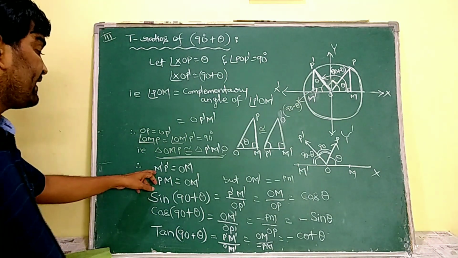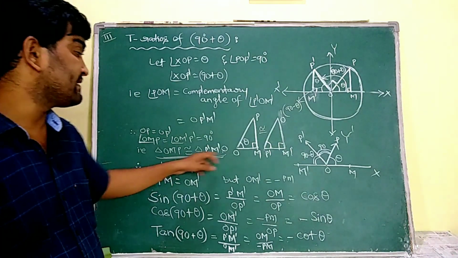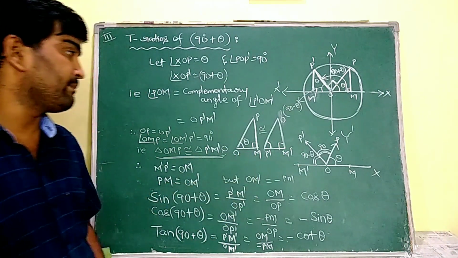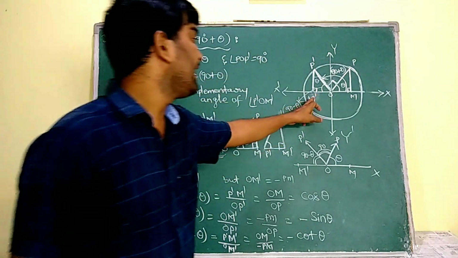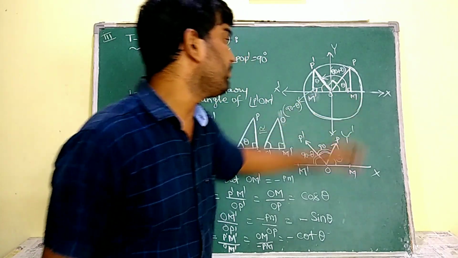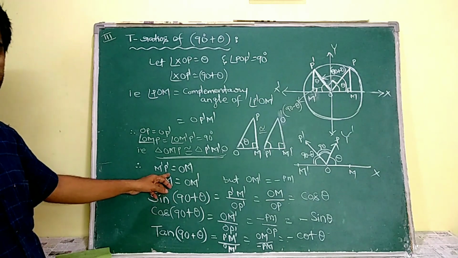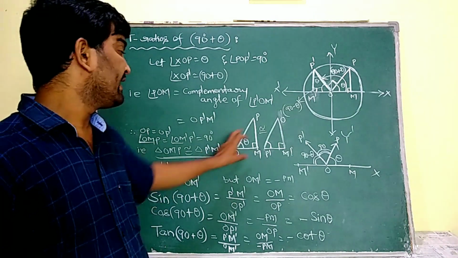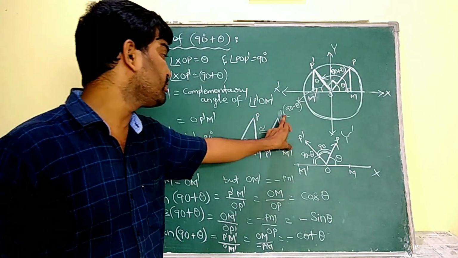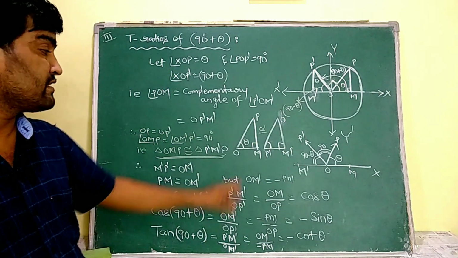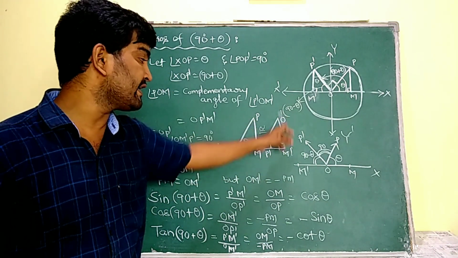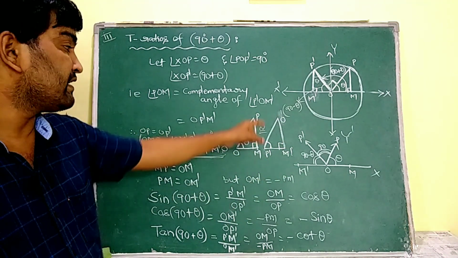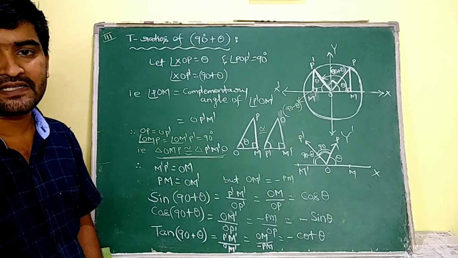Similarly, here I am going to write, see, M dash P dash. This M dash P dash is equal to actually OM. In the diagram, see, M dash P dash is equal to OM. Both are positive only, no? No need to worry about that. Now see, in this triangle, PM is equal to O dash M dash. Why? Because these two are congruent, no? Corresponding parts are equal. So PM is equal to OM dash. That's what I am going to write, OM dash there.